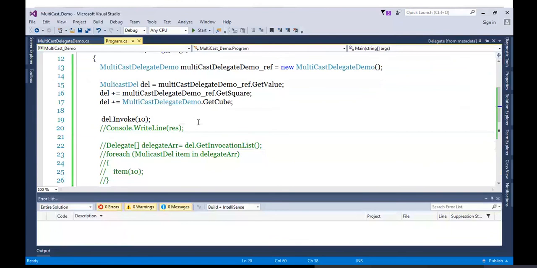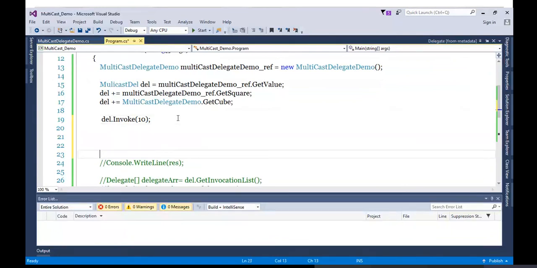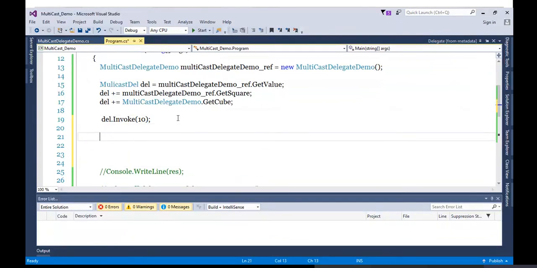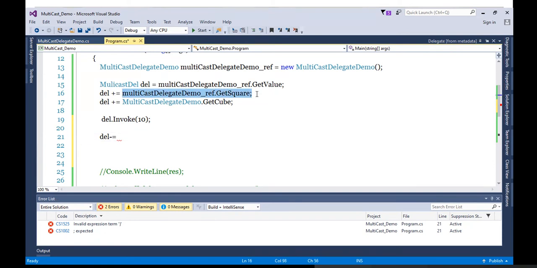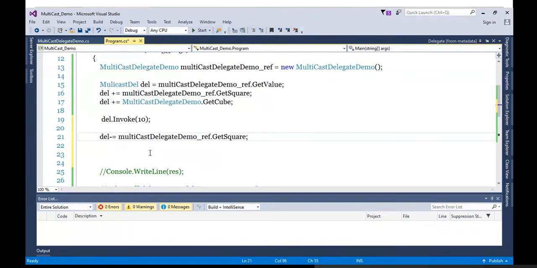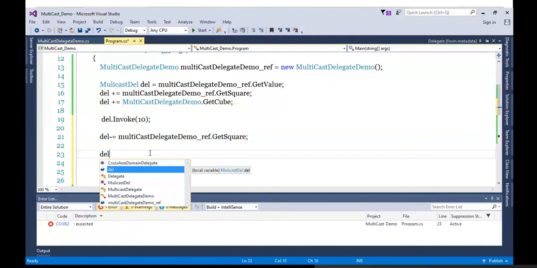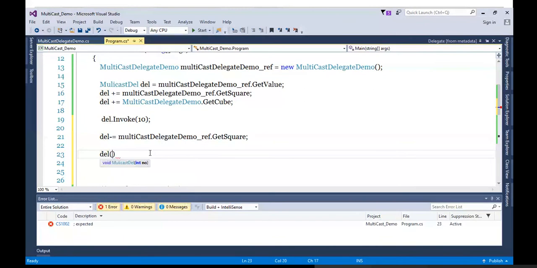No problem. Now, after some time, I realized, yes, I worked with 3 methods, and I want to remove any one of the methods. So this also will be possible. So how will it be? You will use minus equal to in that case. So delegate minus equal to, let's remove square. And now if I invoke, how many methods will be invoked?